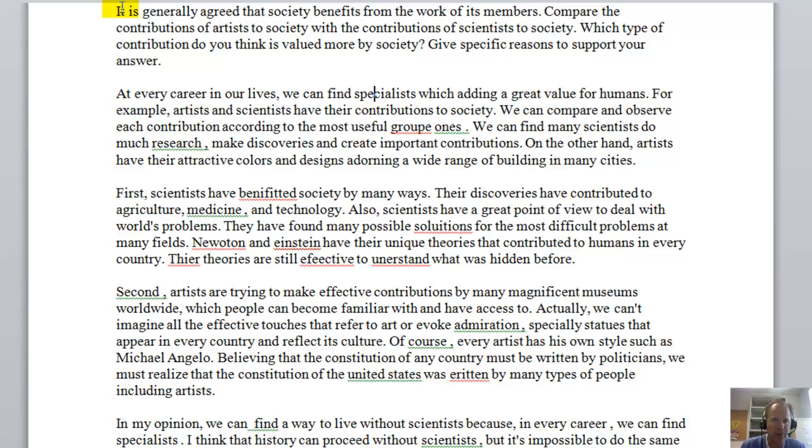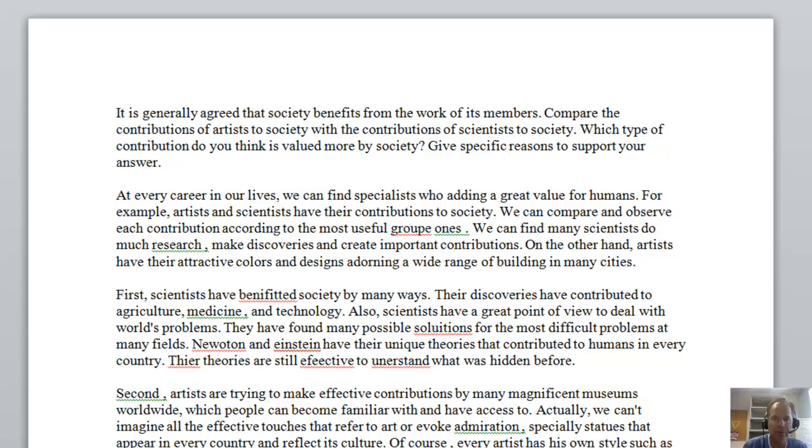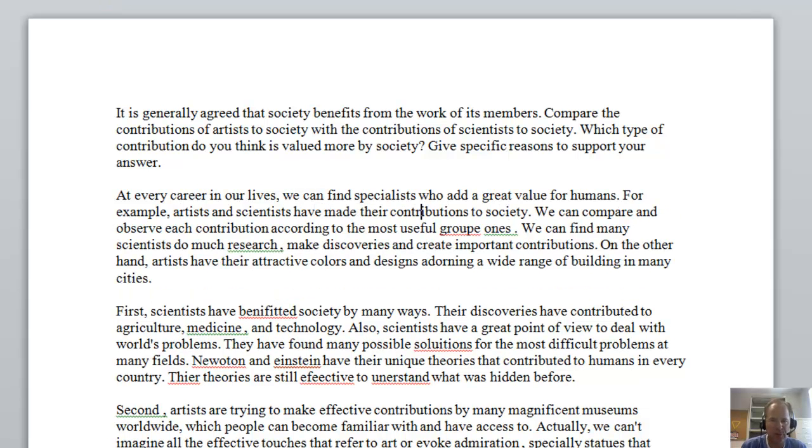At every career in our lives, we find specialists. I'm going to say who here. You're talking about people, right? Who add a great value for humans. For example, artists and scientists have, I'm going to say, have made their contributions to society. We can compare and observe each contribution according to the most useful group ones. I don't know. How about according to